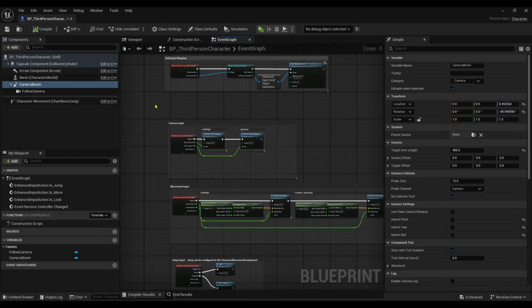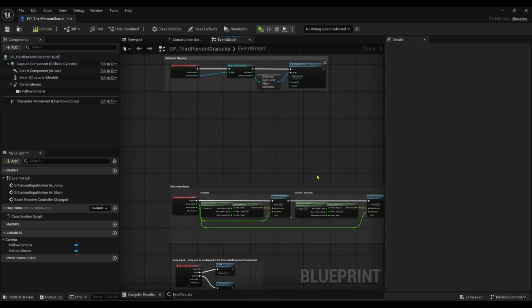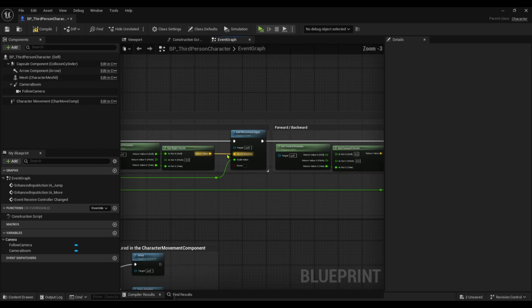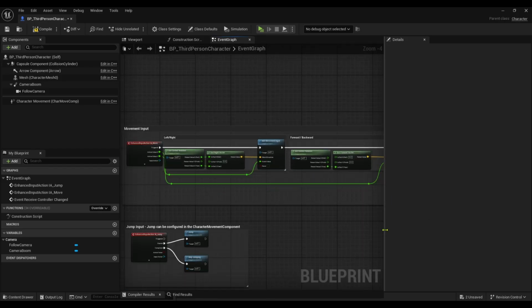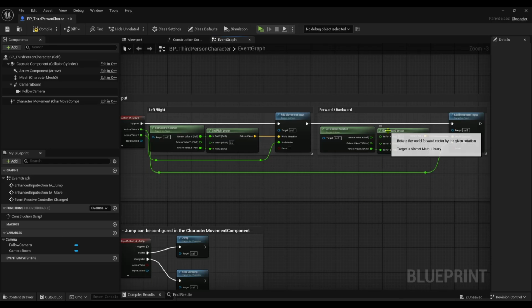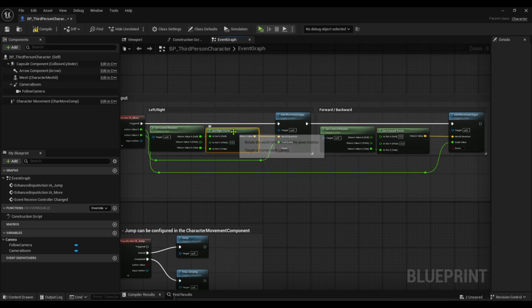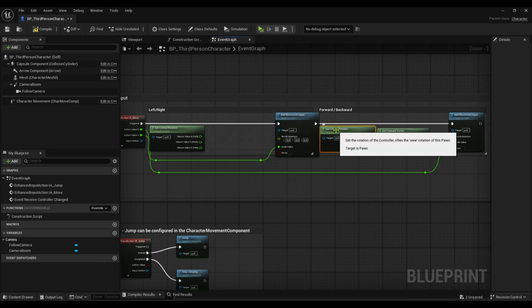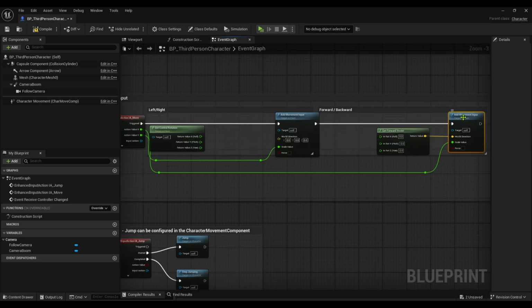We're not going to be needing that for a side scroller, so delete it. Okay. And then we have our movement. Let's make this bigger. All right. So basically we want to get our forward vector and replace it this way. Okay, so let's delete the right vector because we're not really moving left and right, we're moving forwards and backwards, just a camera angle. So if I delete that, delete get control rotation, and delete add movement input, we'll delete